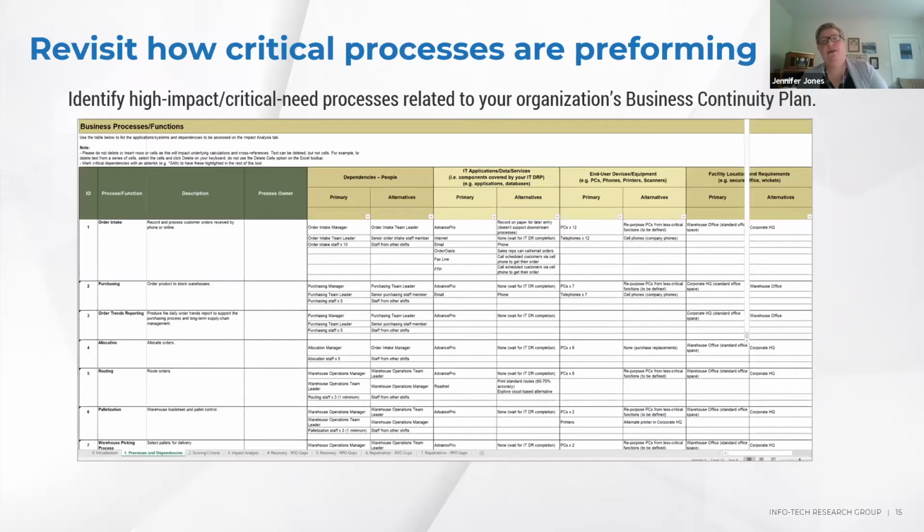Another area that received a lot of attention throughout the pandemic, and certainly early on in the pandemic, was evaluating business continuity planning. So early on in the pandemic, there was an emphasis around disaster recovery and business impact analysis. And so we do have a number of tools, again, that help our members prioritize, evaluate, and document the various processes and functions, as well as process owners, and as well as documenting dependencies and people involved in the delivery